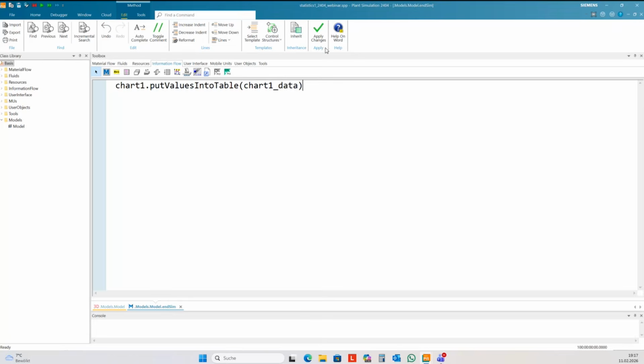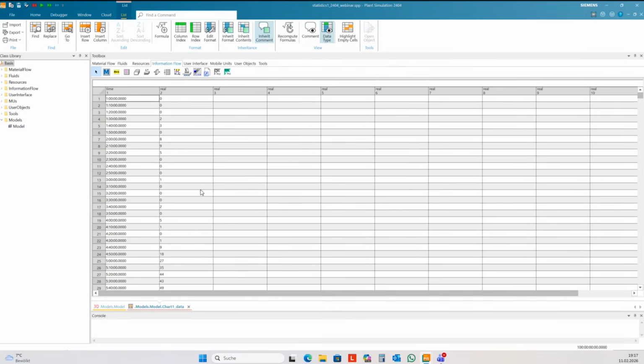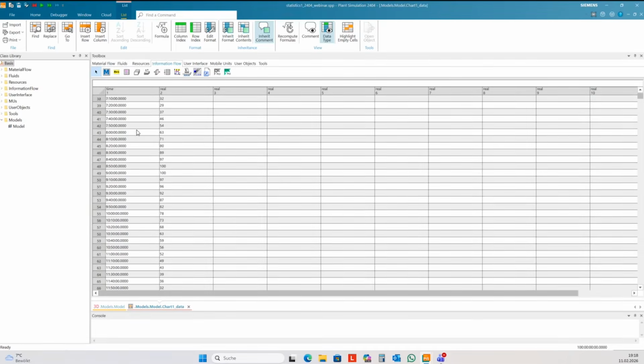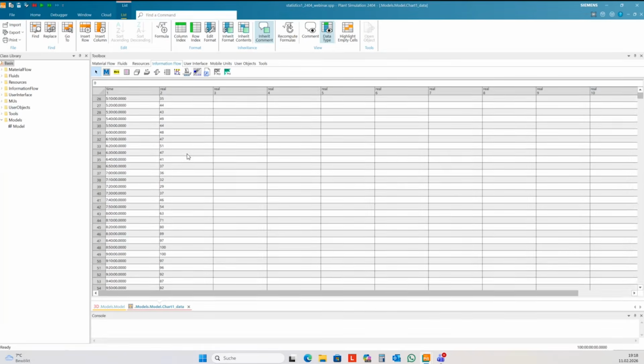So let's have a look at what Plant Simulation delivers here. So I let the simulation run until the end, and then the EndSim will be called. And then you have a table. The first column is the time. And in the second column, you have all the data that Plant Simulation collects here for you.